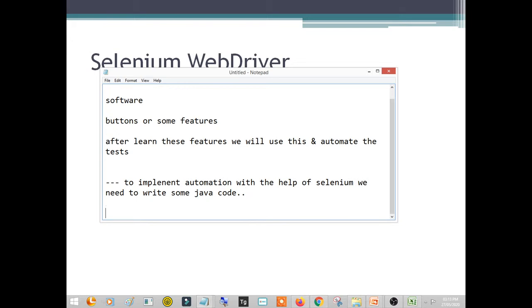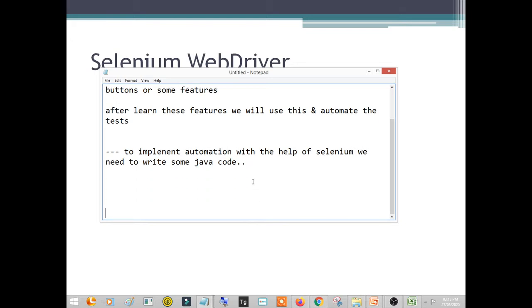So don't worry, as I said yesterday, we don't need to be an expert programmer in order to implement any automation framework. Just the basic knowledge is enough. And I am assuring you today, even if you don't know a single word of Java, you will understand each and everything that I am going to demonstrate today. This is my promise. You may or may not know Java, but you will be able to understand whatever I am doing today. That's my promise.